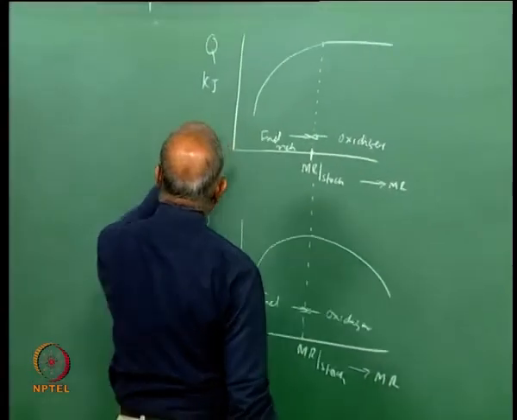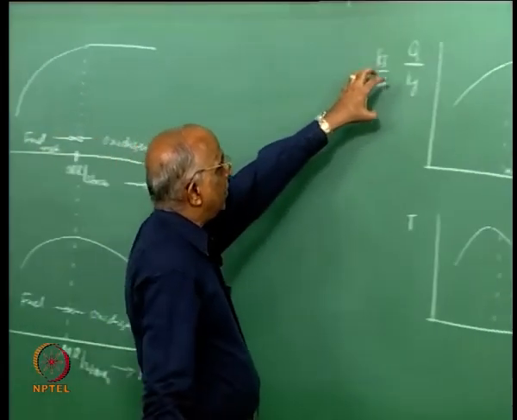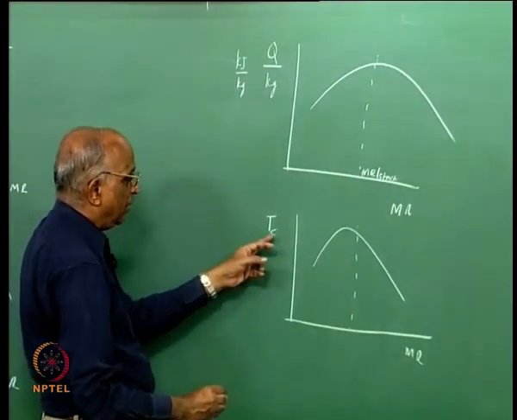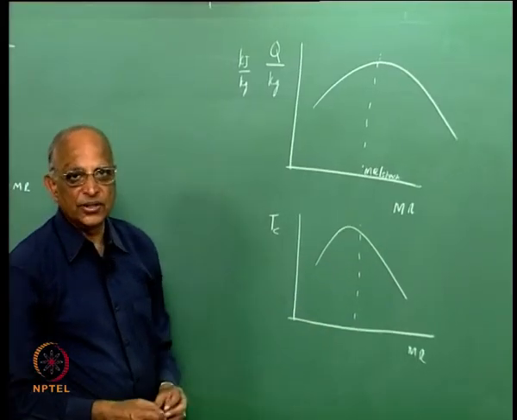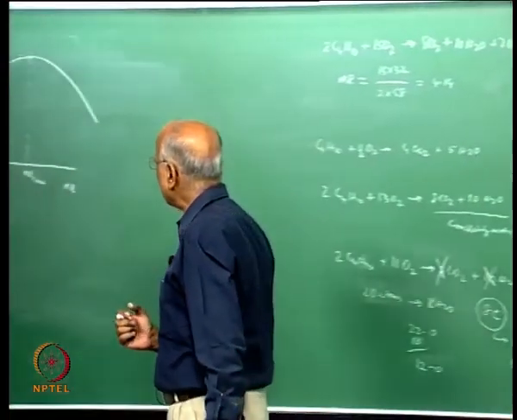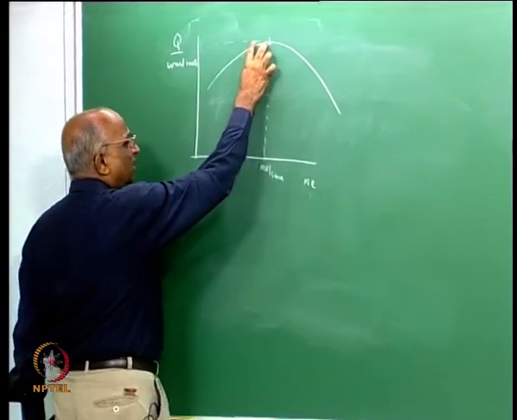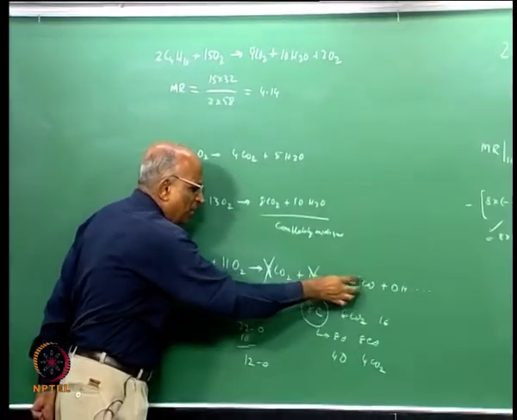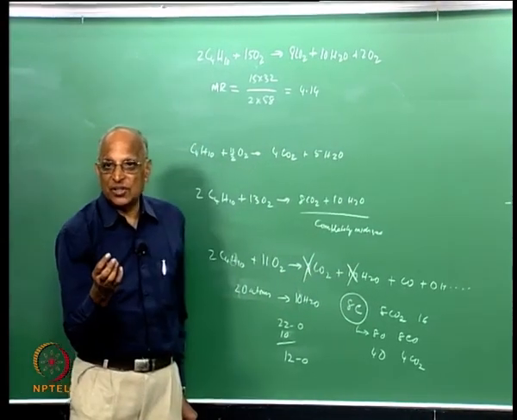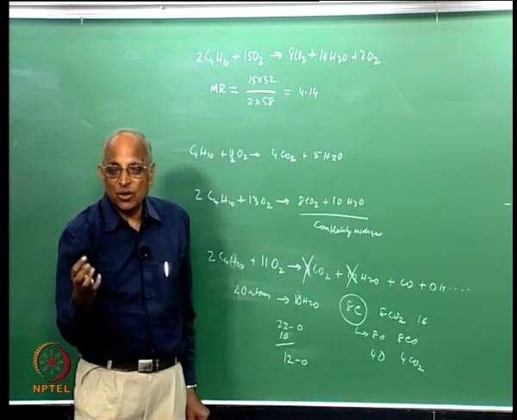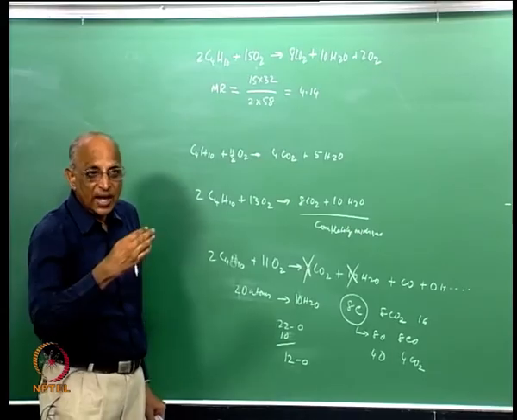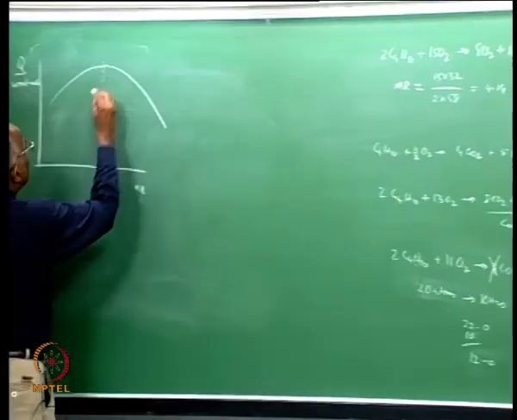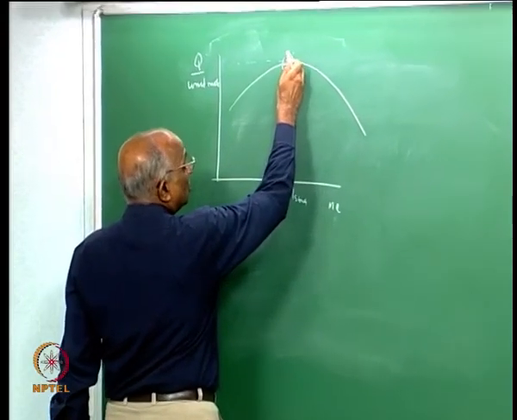We must be able to differentiate between the total heat release and the heat release per unit mass, and this heat release per unit mass when divided by specific heat will give me the value of the temperature, which has a behavior something like this, which I subsequently discuss. But there is a subtle difference. When I look at specific heats of substances which are formed in slightly fuel rich conditions, under fuel rich conditions you are forming substances which are a little weaker, CO instead of CO2, and we found that diatomic species have higher value than monoatomic species, triatomic species have still different values. That means, as the atomic number or the diatomic becomes triatomic, the specific heat increased, and therefore we find that specific heat is slightly lower in this region compared to the stoichiometry, and therefore